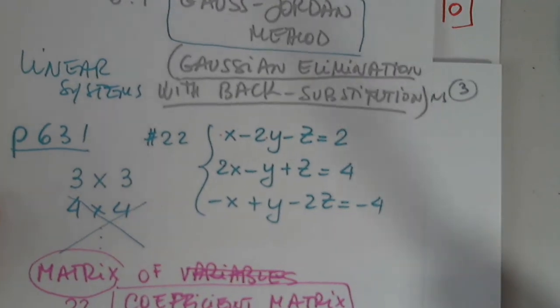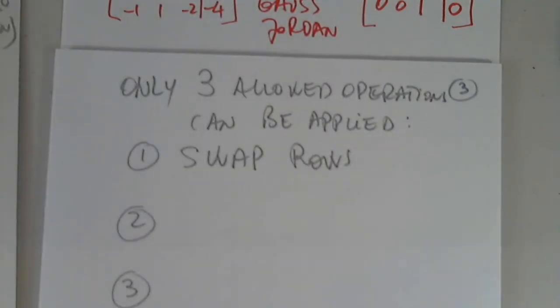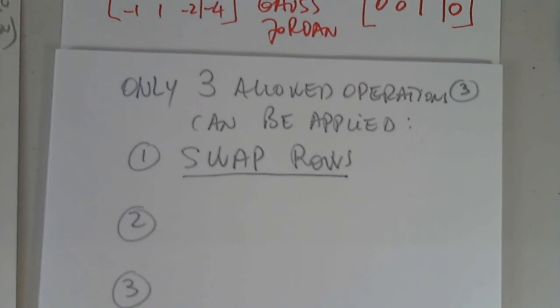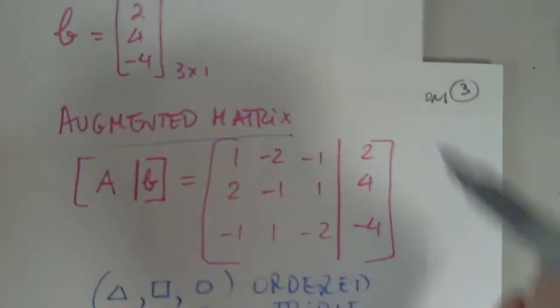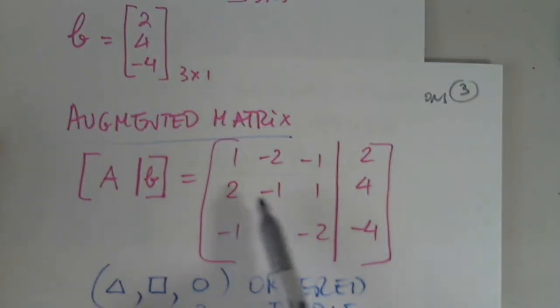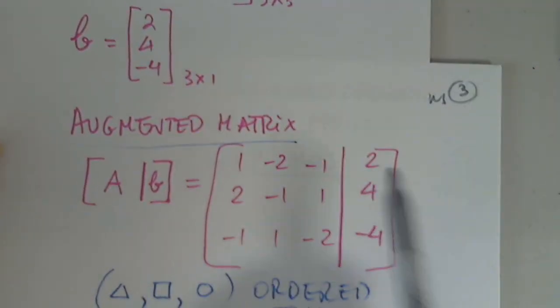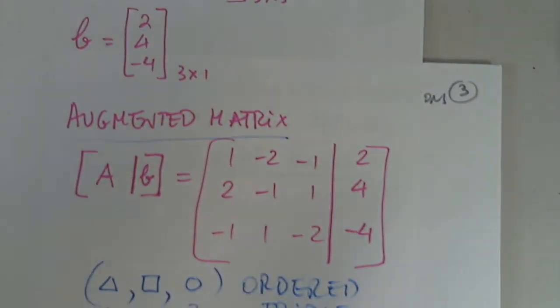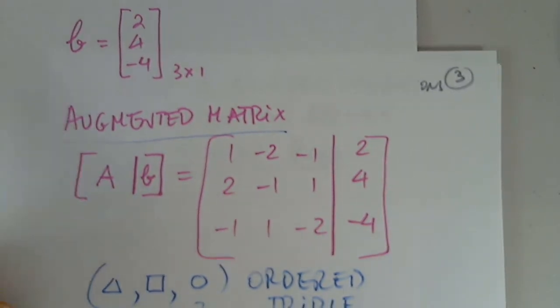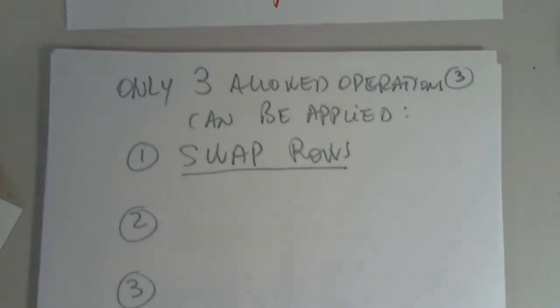The solution will not change. So if I need to swap rows, I am allowed to. It means that the first row will be 2, -1, 1, 4, and the second row will be 1, -2, -1, 2. If I choose to do that, if I need to do that, that's the first allowed operation. Second allowed operation,